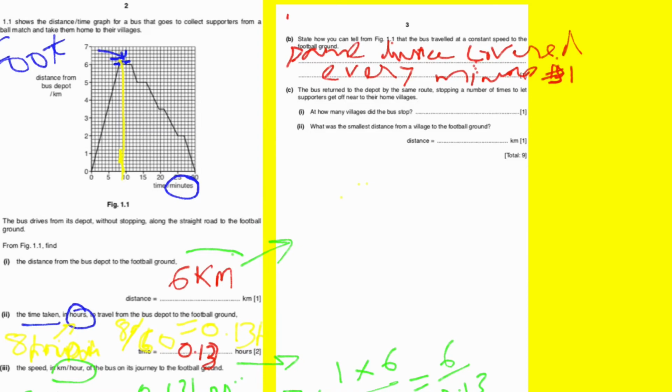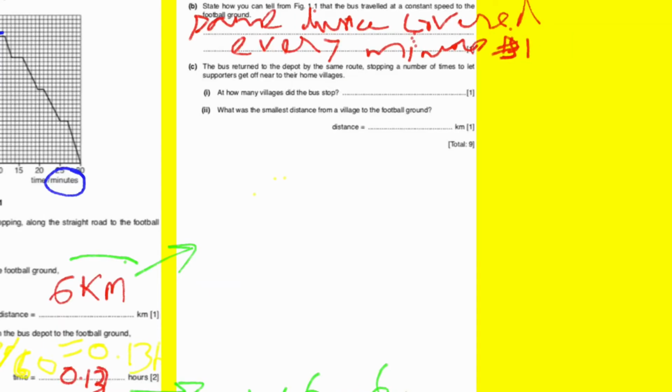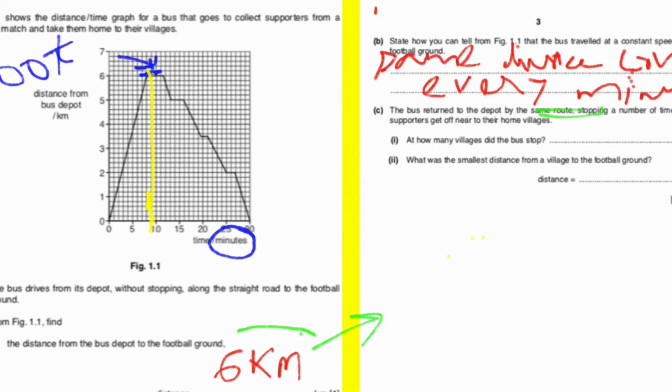Now we will do another question. The bus returned to the bus depot by the same route, stopping a number of times to let the supporters get off near their home villages. How many villages did the bus stop at? As you can see on the graph, from the football ground it starts, and this is the first village where it has reached.